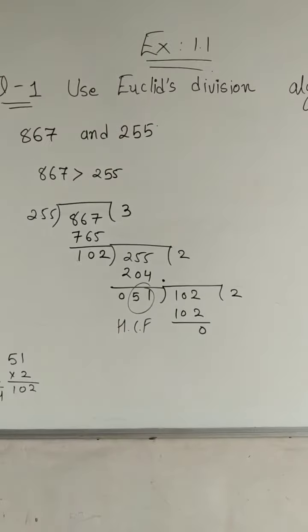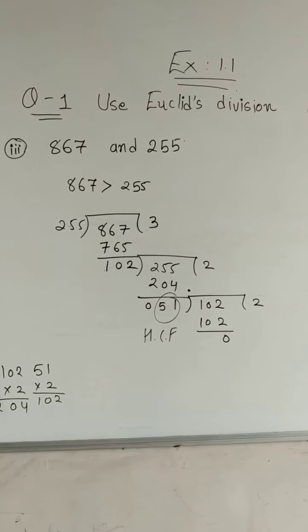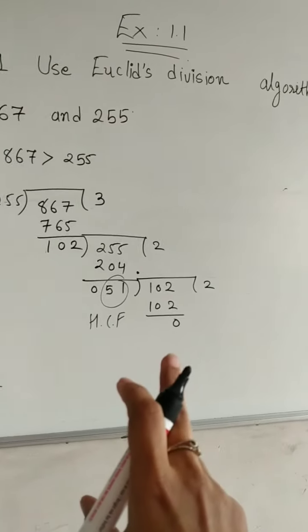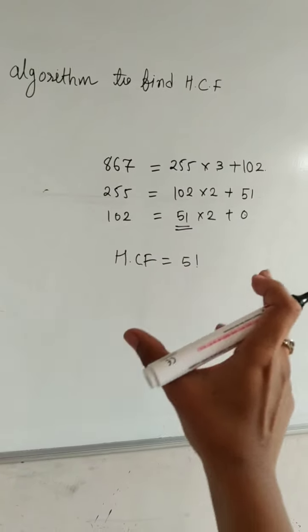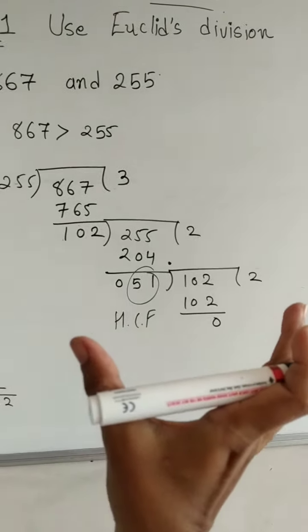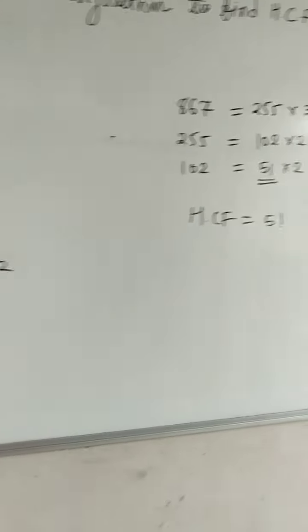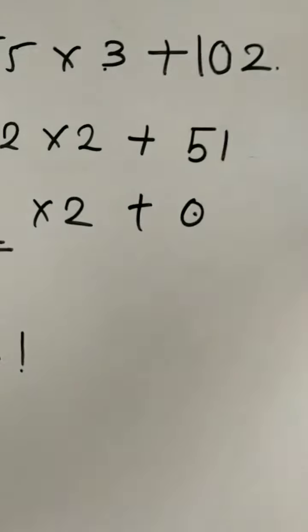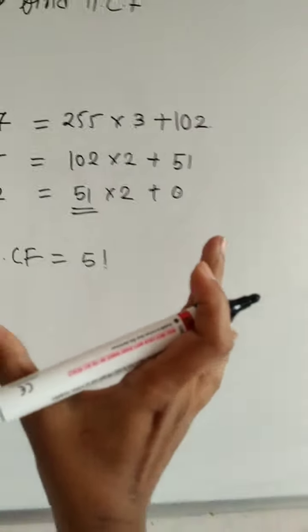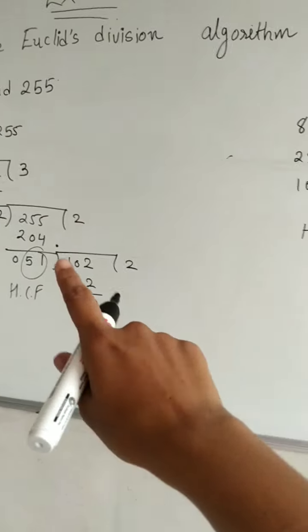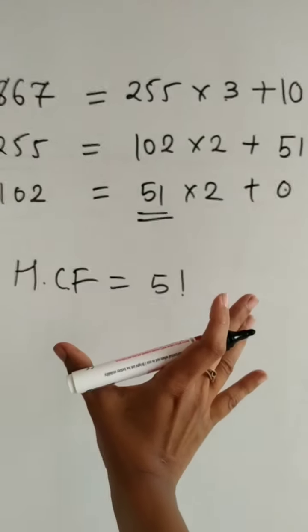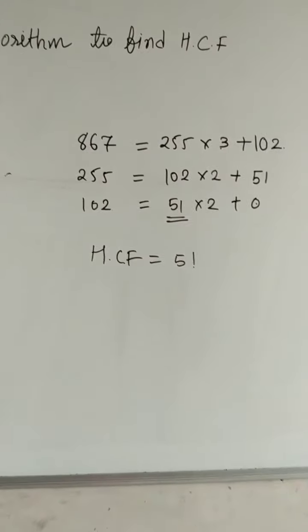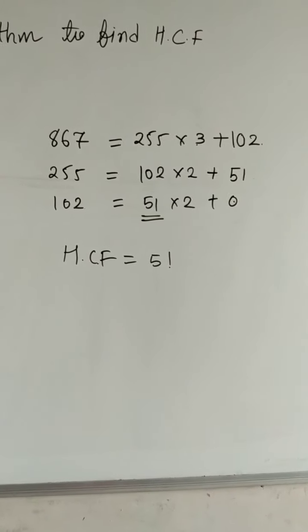And here you can see that our whole sum is completed. So many students ask me what we have to write in the fair work. This you have to write in the fair work, and this you can do in the rough work. On the side supplementary, you have to do this whole method, and in the main supplementary you have to write this whole method, and here you can solve this question.